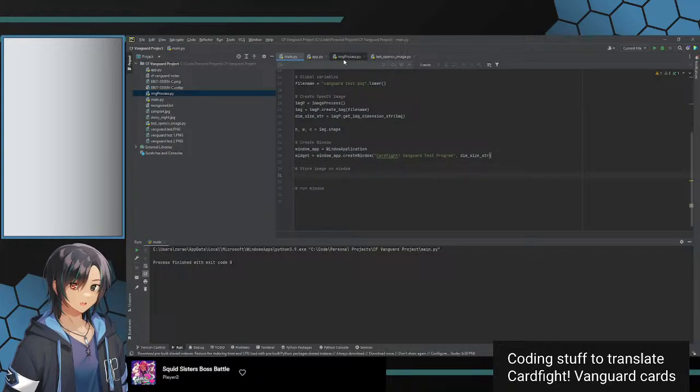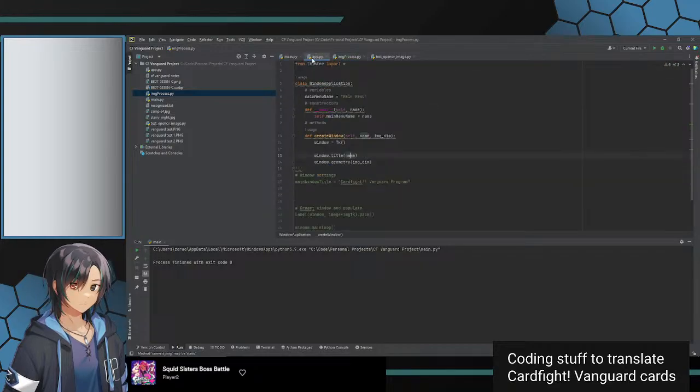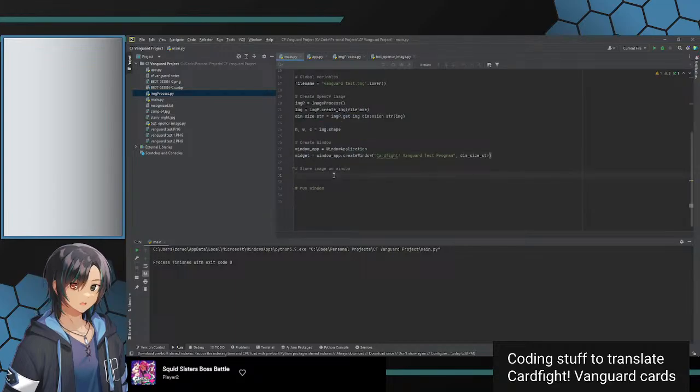And this is the one that actually stores it onto the window. So that'll be convert image. That will be